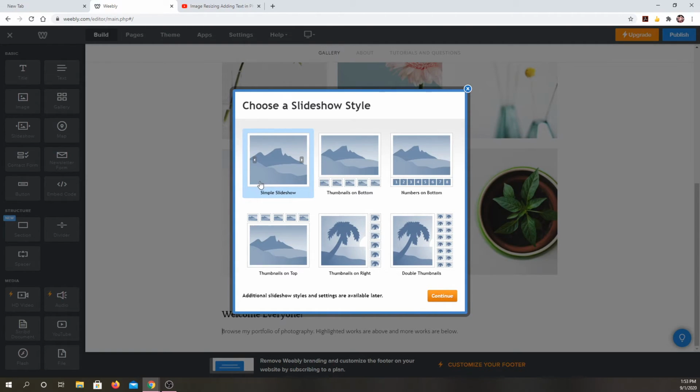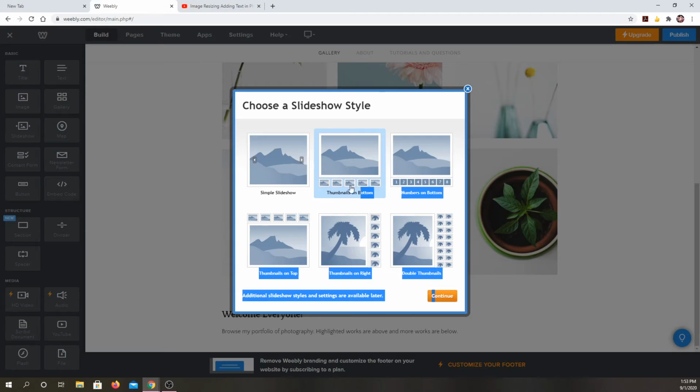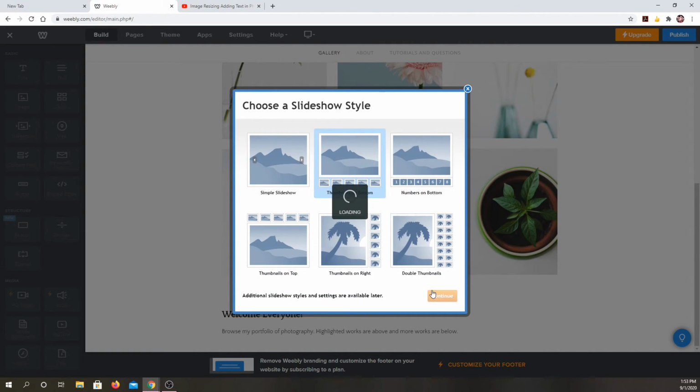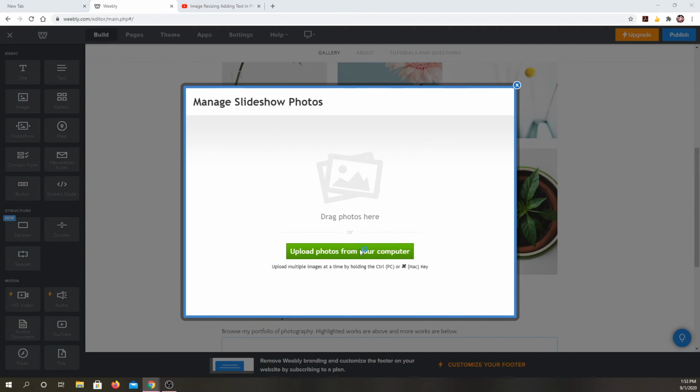Now, if you have a lot of them, it might be best to put in a slideshow instead of this gallery look. So you can go simple slideshow. You can have the thumbnails on the bottom. You can have numbers on the bottom. I tend to prefer this one, but you'll know what goes best for your work. If you have a lot of detailed work that will look weird small, you may just want to go to that simple slideshow. So I can hit continue, and then from here,